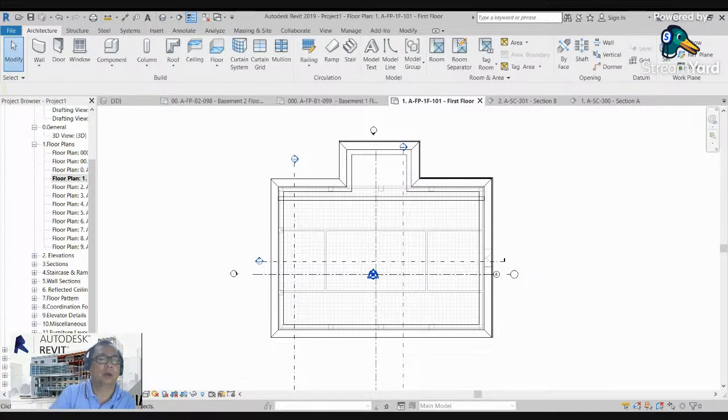Of course, once the building is already healthy, that is the time to extract the views from the model, and then place them on the sheet to create the production drawing from the beginning, from LOD 100 till LOD 310 until LOD 500. I think you need to be familiarized with the LODs